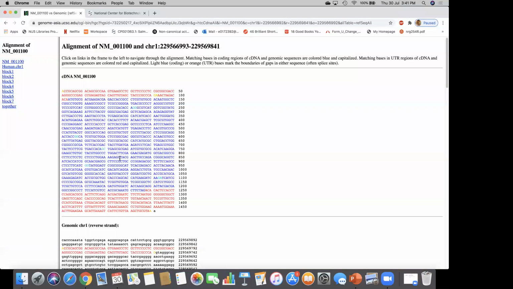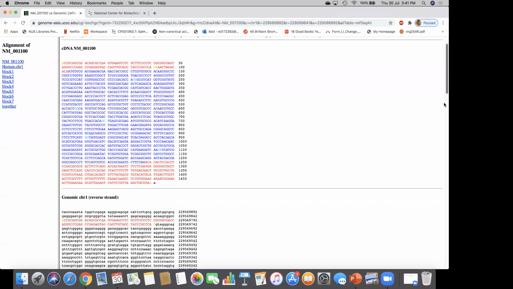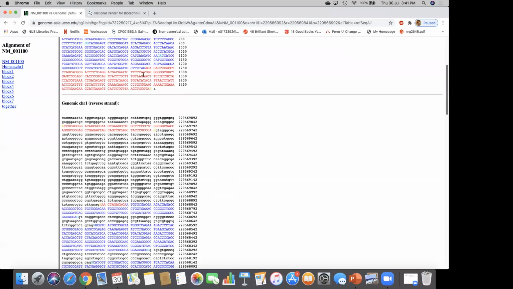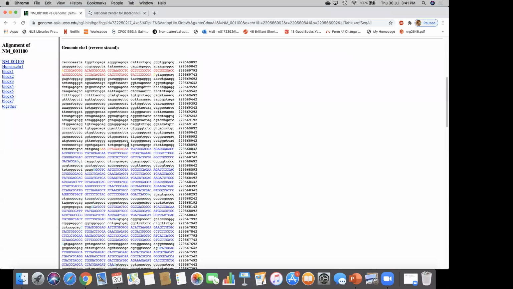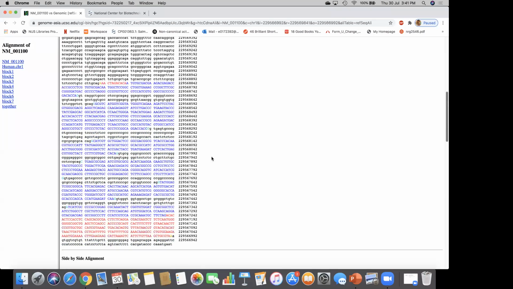The first is the cDNA. The cDNA will show the first part in red color, which is the 5' UTR. The back red color is the 3' UTR. In the middle, you can see the blue color. Also you can see the exon junction regions in light blue color. If you scroll down, you can also see the first exon, the second exon, the intronic region, then it continues until the gene stops.